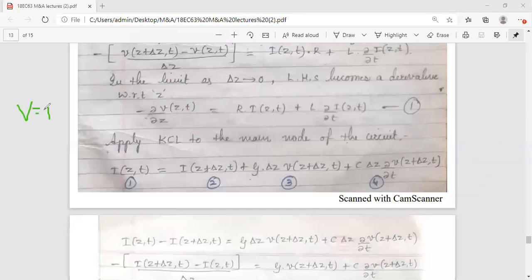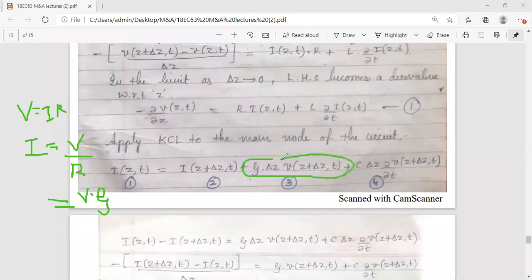V equal to IR. So current in that number 3 is V by R, which is equal to V into 1 by R is G. So that's what I have written here. V and G. G is not simply G, it should be multiplied by delta Z because it is per